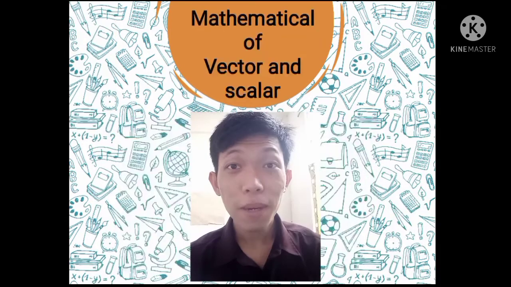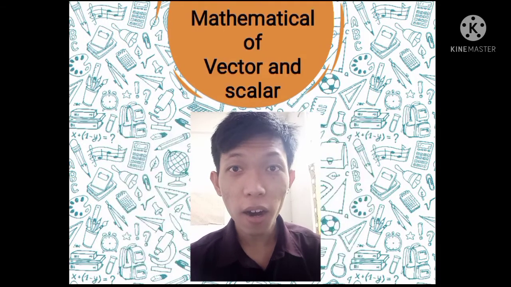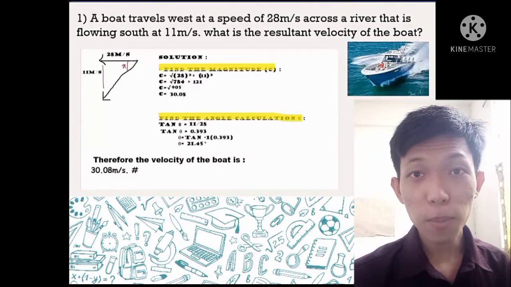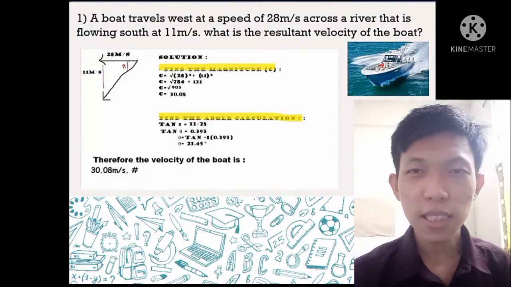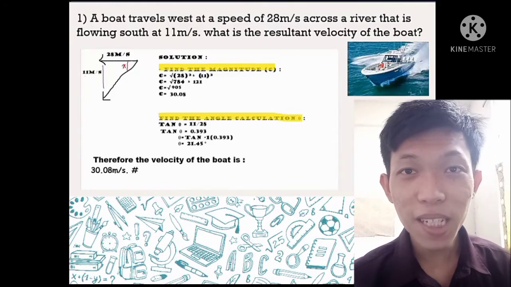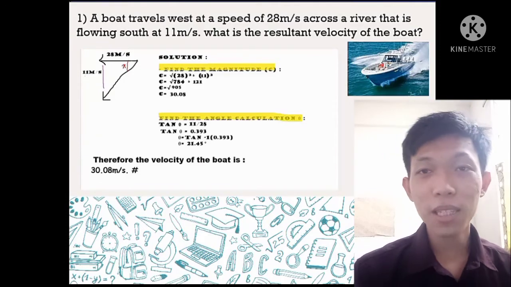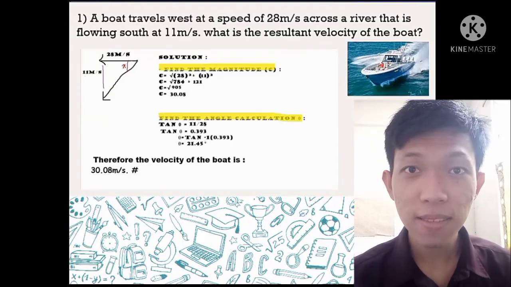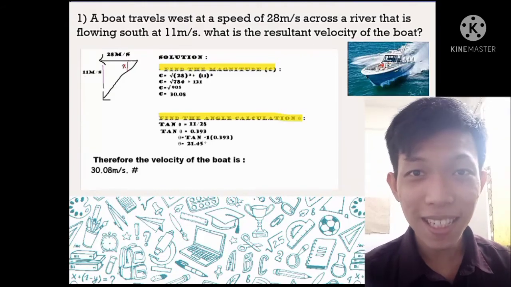Thank you. Mathematical solution of vector and scalar. Number 1. A boat travels west at a speed of 28 meters per second across a river that is flowing south at 11 meters per second. What is the velocity of the boat? The solution is